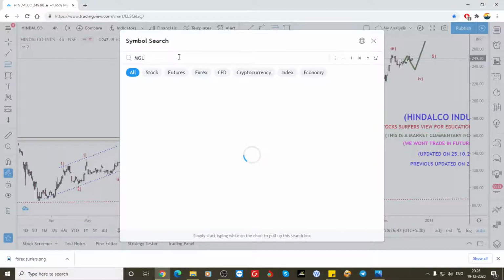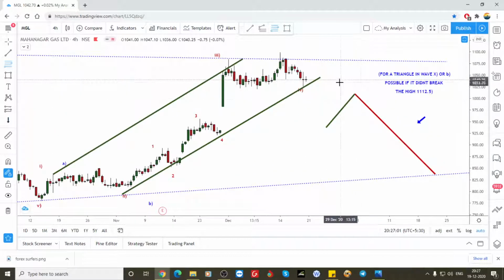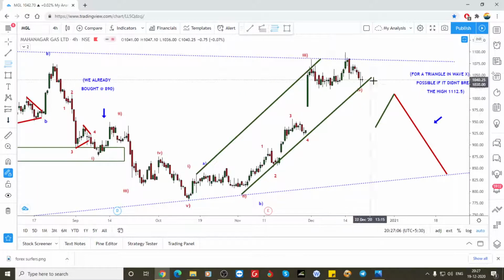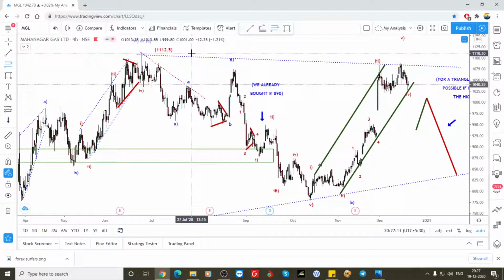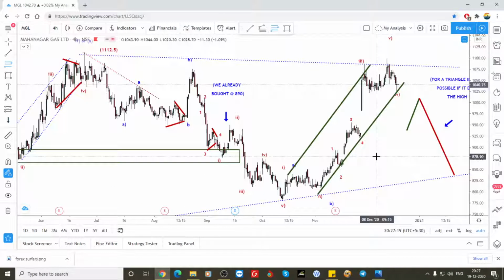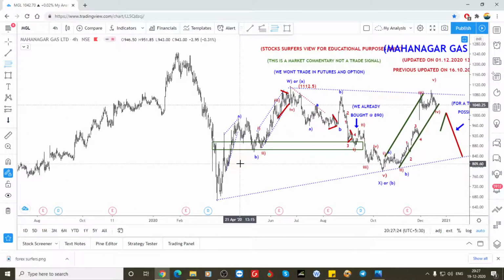So MGL, same, it has to break the 1150, so we are in that fourth wave. So 1, 2, 3, 4, 5 is completed, third, and we are in the fourth wave. So for the fifth, it has not yet broken the low, so A, B, C, D, E, and then it can shoot for the fifth wave to break this 1112. It has to break for the fifth wave. So once it breaks this, don't be greedy, exit your position, because I took it only for that short term,